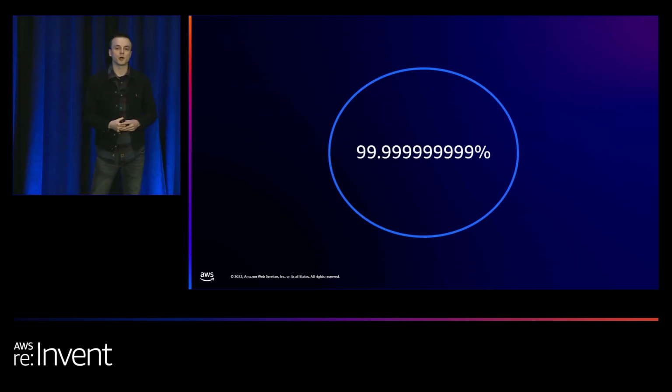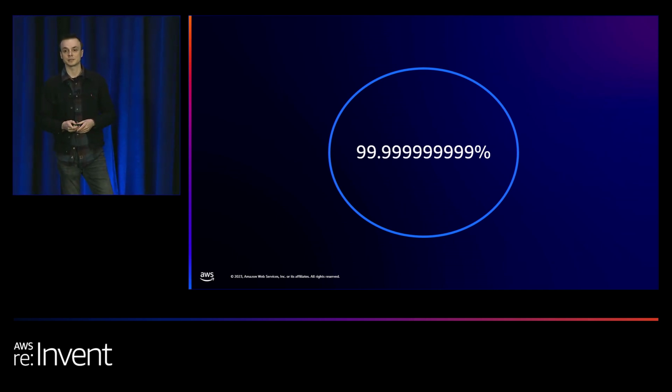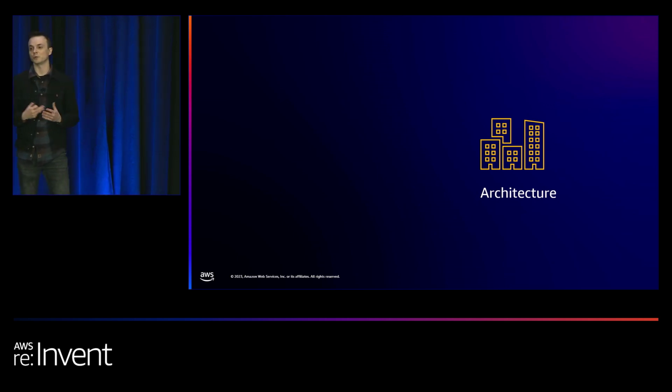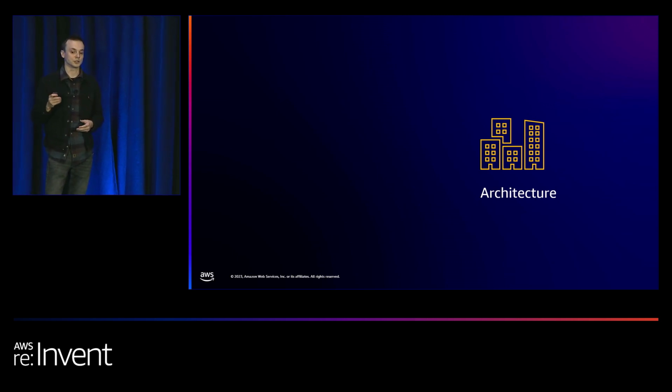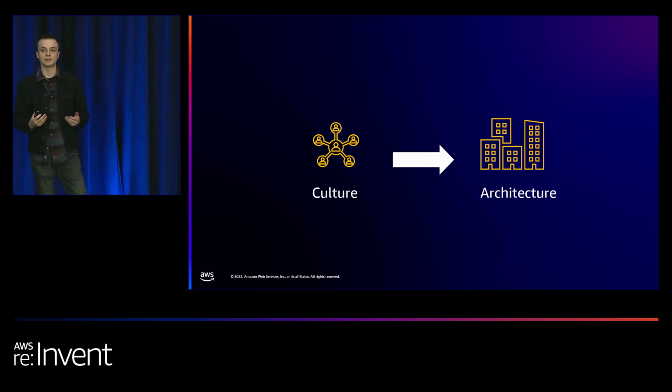OK, so S3 promises you 11 nines of durability. But how do we achieve this? Well, you might think it's the architecture, a bunch of fancy algorithms. And to be fair, we do have a few of those. But if you were to ask an experienced S3 engineer that's been around a while what they thought, my guess is that they would say that it is the culture. It is the durability-oriented culture that we have cultivated over 17 years of service. And it is this culture that enables us to invent the algorithms and architectures that keep your data safe.